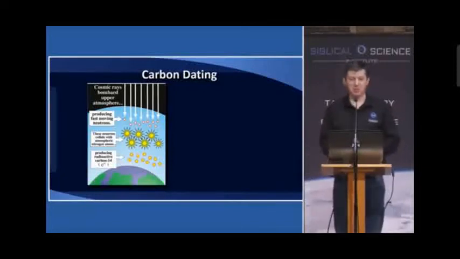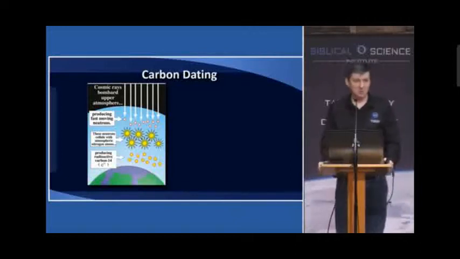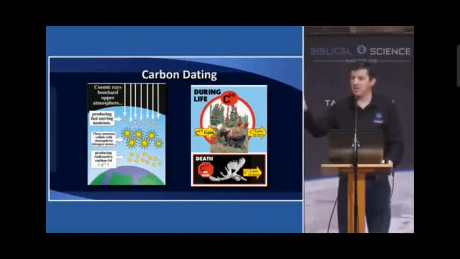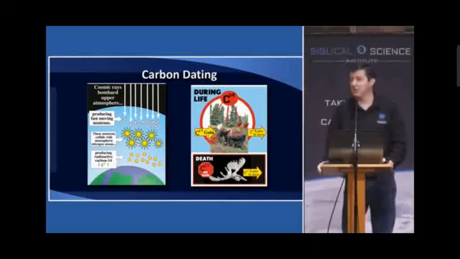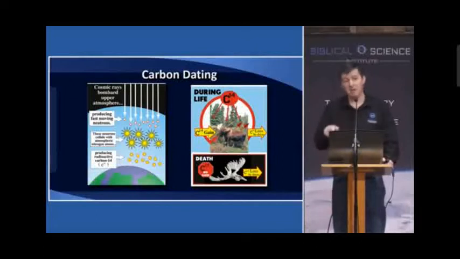So if you have a chunk of solid C14, you wait 5,700 years, half of it will have decayed into nitrogen. Now, you all have a little bit of C14 in you because we breathe that air. The plants take in the carbon dioxide in the air, and a small fraction of that, 1 atom in a trillion, is C14. And then the animals eat the plants, or we eat the plants, or we eat the animals that ate the plants. Either way, you're getting that C14 in you. So all of you have a little C14 in you. You're all just a little bit unstable. How about that?